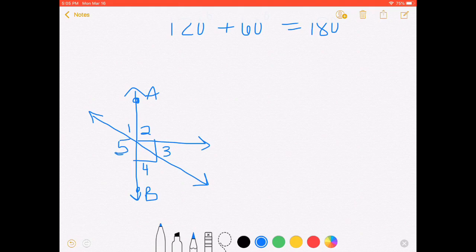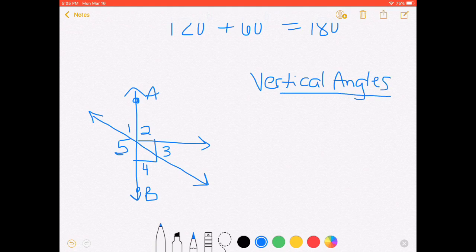So if we want to name a pair of vertical angles, remember vertical angles are directly across from each other and they share a common vertex. So a pair of vertical angles here would be angle 1 and 4. They are directly across from each other and they share that common vertex, and they are formed by two lines